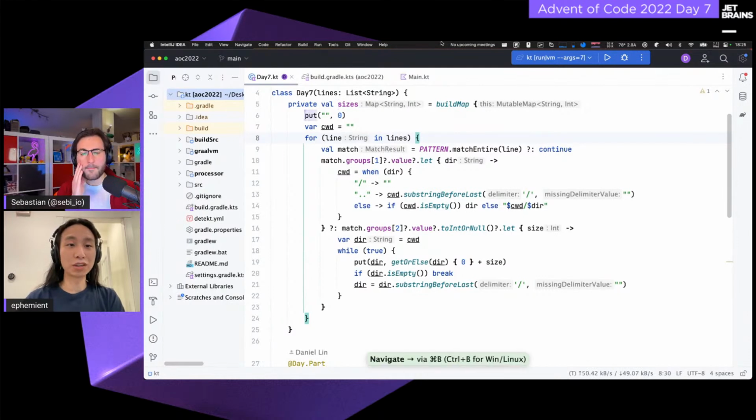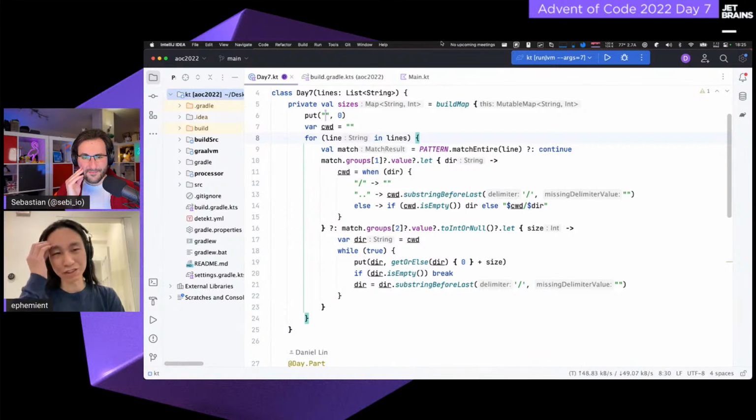And so I am starting off with the root directory, which I'm representing with an empty string here. It's a choice that I'm representing the paths after the slash. There are different options here. I actually flip-flopped back and forth on how to represent it. You can see in my Git history that it changed a few times, but I'm starting off with 0 just so that even if I get no input, my code later on doesn't crash.